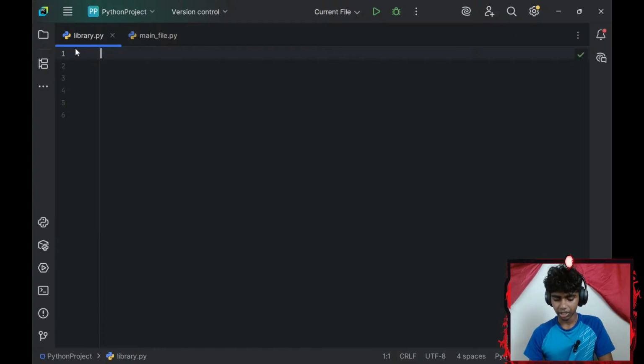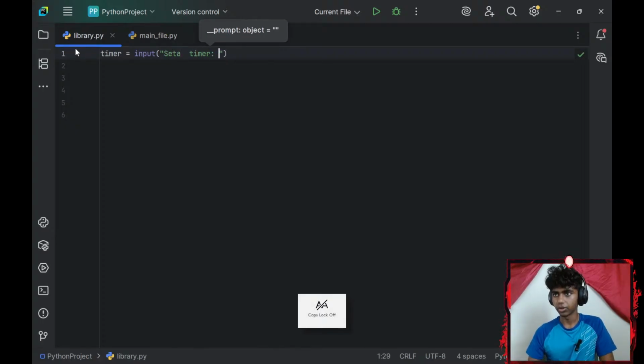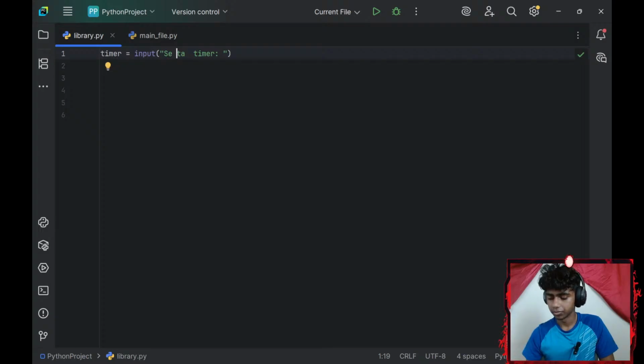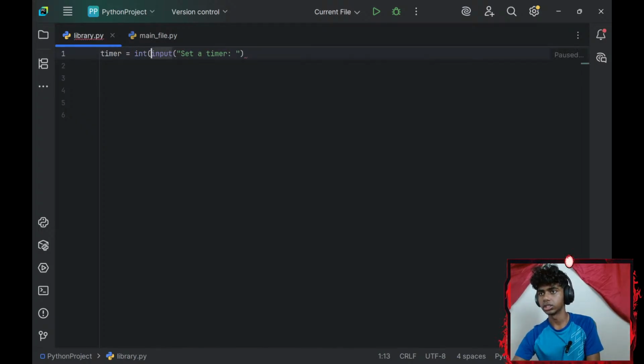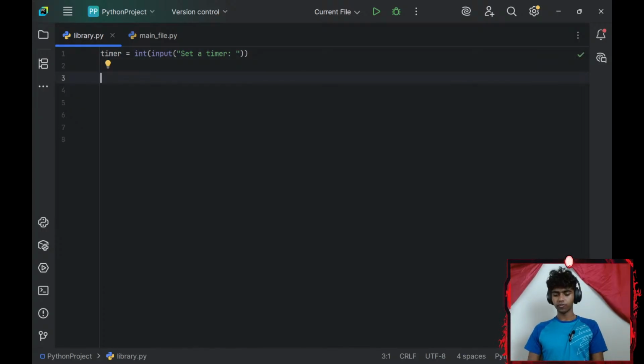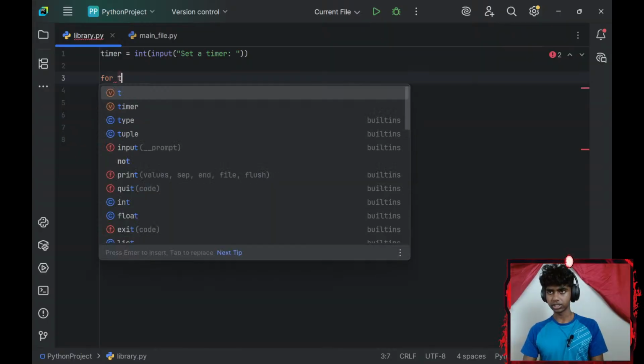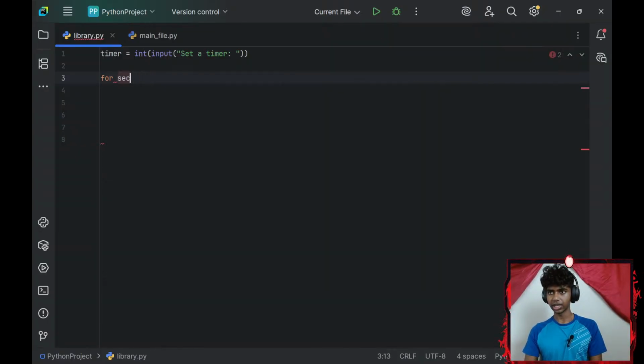I will have an input. Let me go with timer equals input. Set a timer. There we go. Okay, perfect. I will typecast this to an integer. And now let me use a for loop. So for every, I don't know, second, or for every x in my timer,